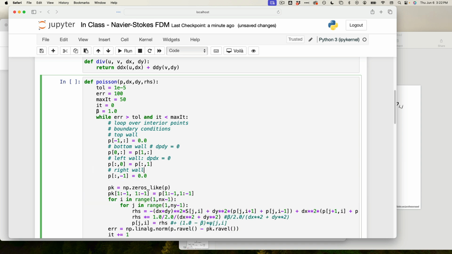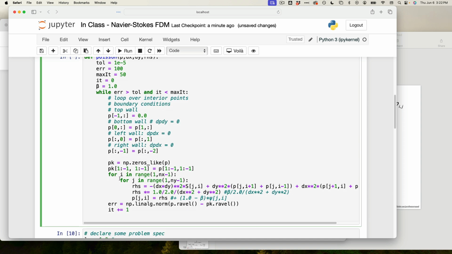On the right wall, we also have dp by dx is equal to 0. Now, this says that p boundary minus p interior is equal to 0, which means p boundary is also equal to p interior. So this would be p, then all y, minus 2, right? So p last index in x is equal to the first interior point at the end, on the right-hand side. All right, then we created this,